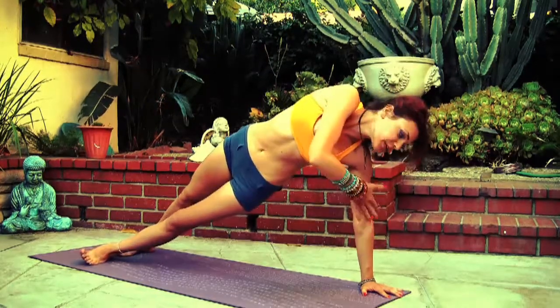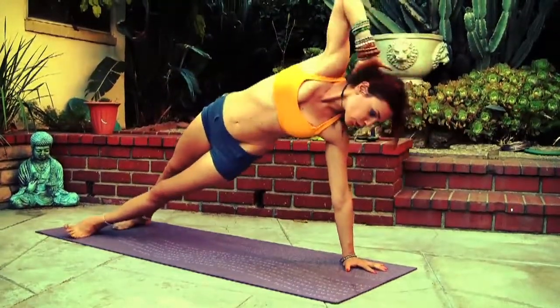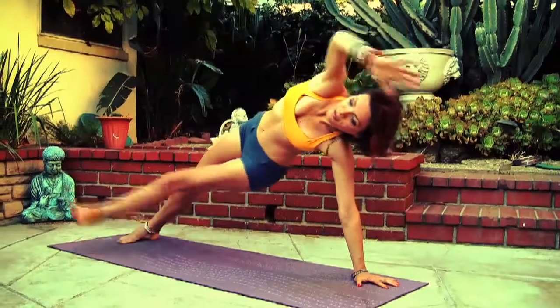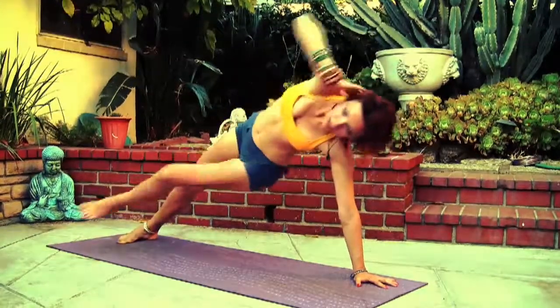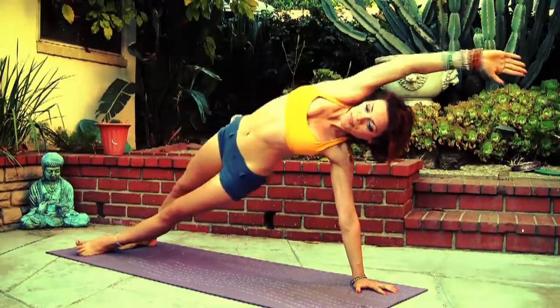If your wrists are hurting, you can lower onto your elbow for the next segment, or onto your forearm. And we're gonna touch the right hand to the left foot. 1. Alternatively, you can bring the knee in 10 times. 1, 2,